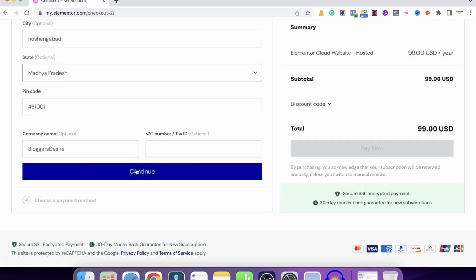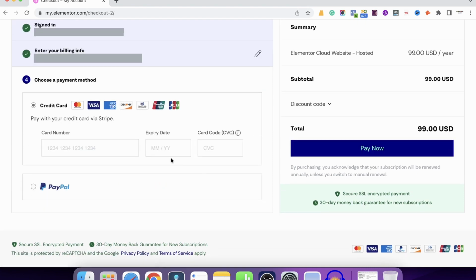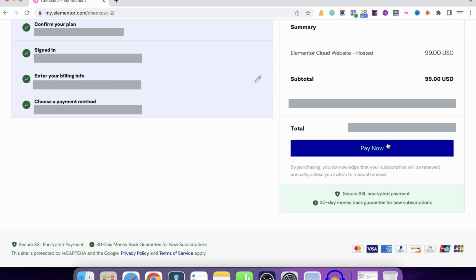After entering all your information, click on the continue button. Now you need to choose a payment method. You can pay via PayPal or enter your credit card information. So let's enter our details. Once you have entered all your billing information, simply click on the Pay Now button.